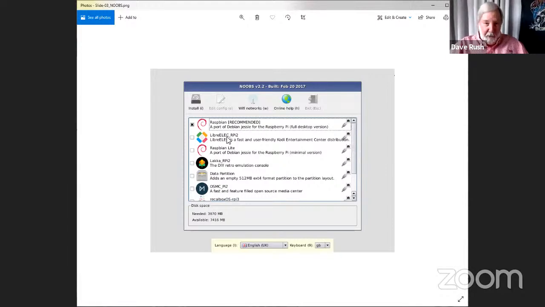So set up your Wi-Fi, pick your language and keyboard, and now what you're going to do is select your choice. The preferred is LibreELEC. Don't worry about this RPi 2. Or you can pick OSMC, Open Source Media Center. Both of these are operating systems with a pre-configured, baked-in media center. LibreELEC has built-in Kodi, and OSMC, I think, does as well. I think they had a different one in the past. Kodi is open source. So we click that, and then you go up and click install.